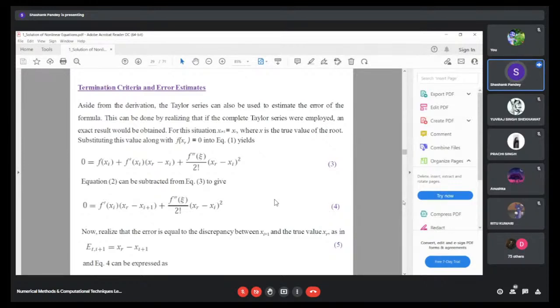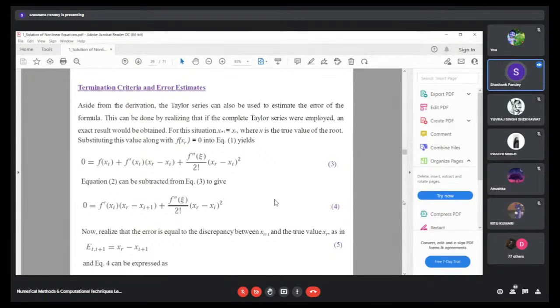So why are we estimating error? If the error is below the permissible limit, then we will terminate this process, or we'll say that we have reached the required convergence, and that is one of the approximate roots of the function. So here, assume that the value of the exact root is x suffix r, then we know that